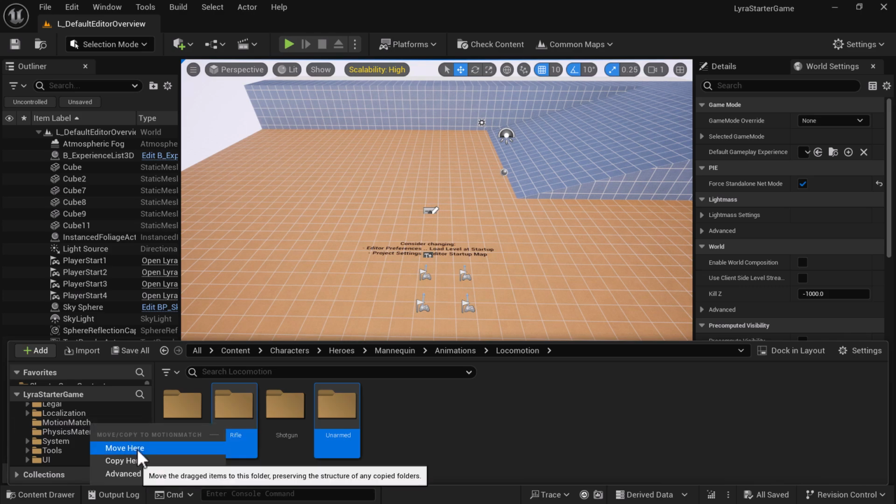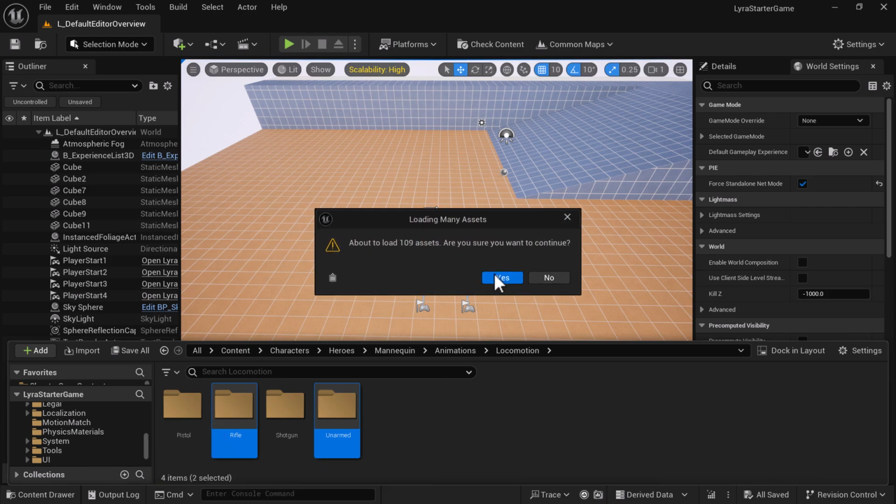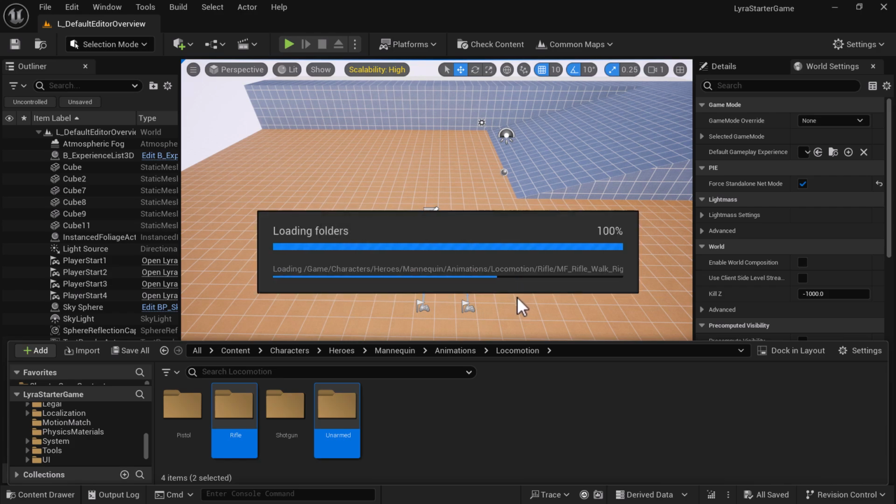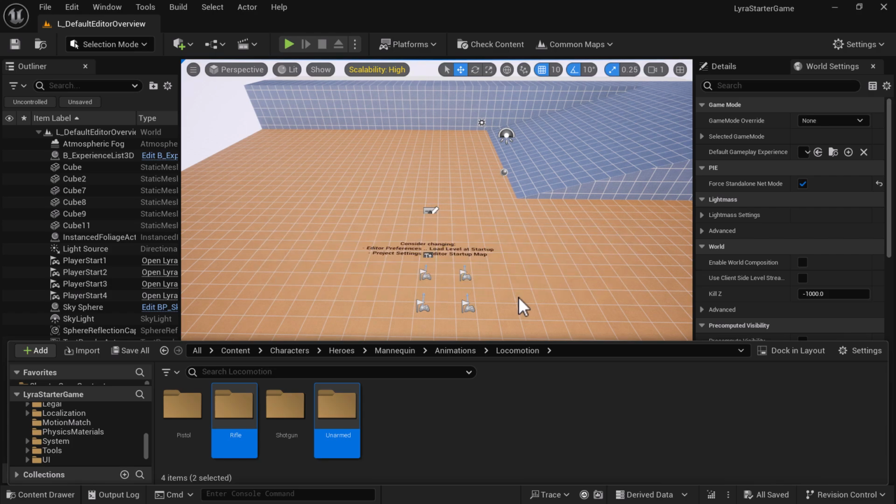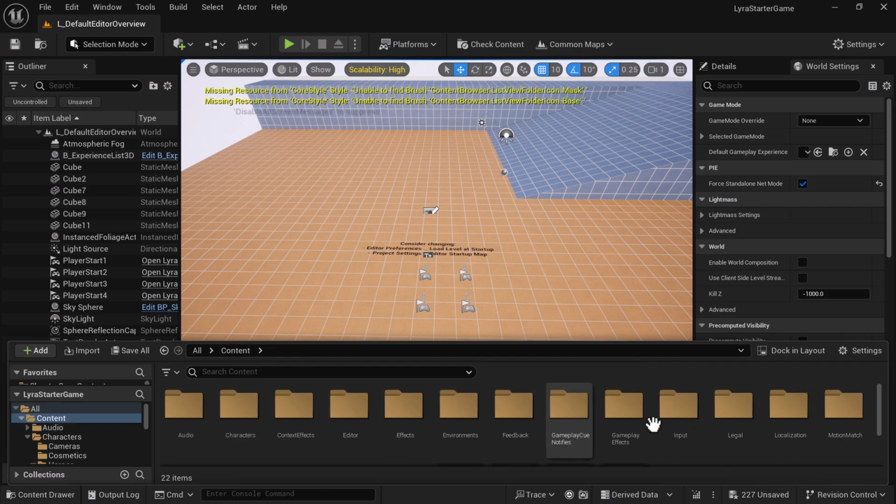But we're not going to move here. We're just going to copy here so we can leave our Lyra project intact. So we can copy here. Yes, we're going to do all of the animations there. And yes, we want to verify we're sure. Okay, now let's go back to the top of the folder, go to the content folder,